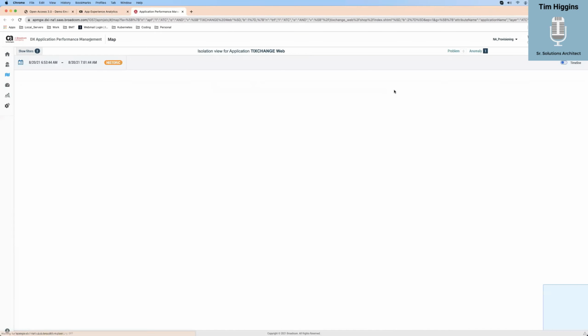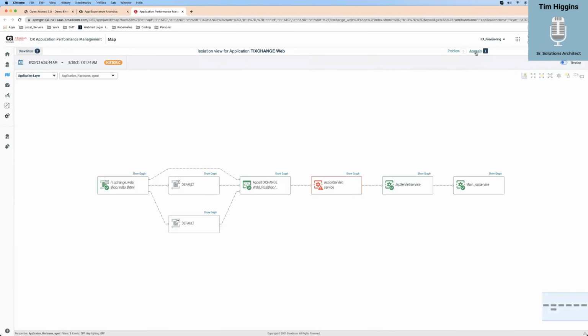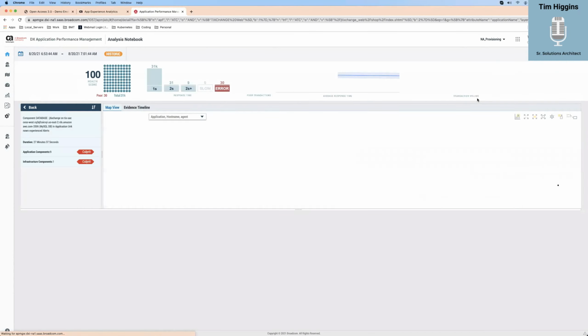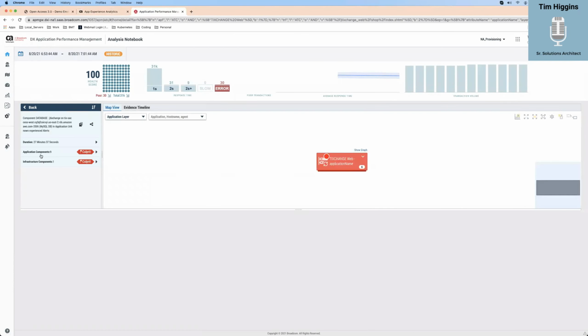So if I click on it, then up here, I actually have something to look at. So I'll click on this, and now I'm in debug mode. I have two culprits, and if I click on this, it takes me right to what the issue was. It's really that simple.